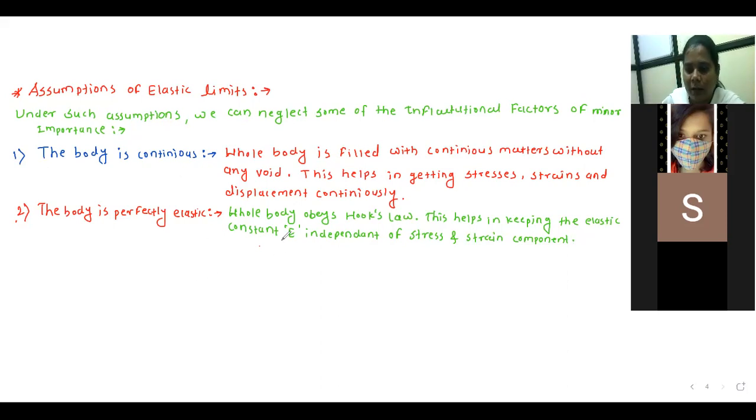So already you know that Hooke's law states that stress is directly proportional to strain within elastic limit or within limit of proportionality. After elastic limit, stress is not directly proportional to strain. So this is our stress strain graph. Up to limit of proportionality, stress is directly proportional to strain, that is, this line shows linear line.